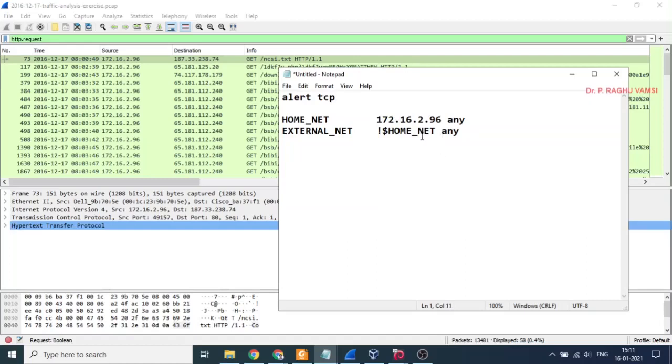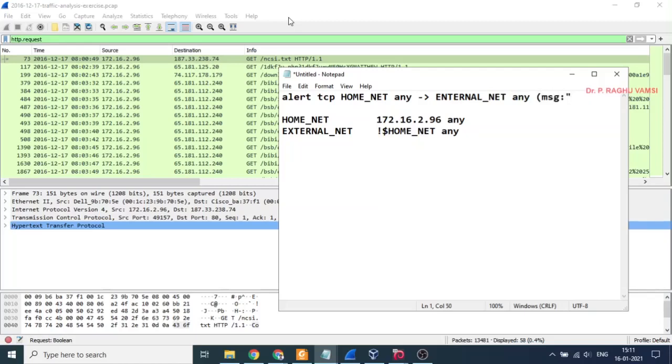And we need to identify not only the traffic coming from the outside. This is a peculiar case where we have to identify the Trojan activity that is happening when we connect to the external network. So the traffic flow will be from the internal network, that is the home network, of any port, to the external network of any port, right?